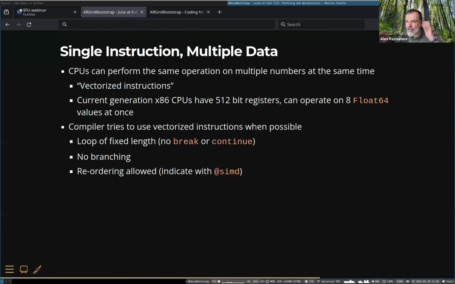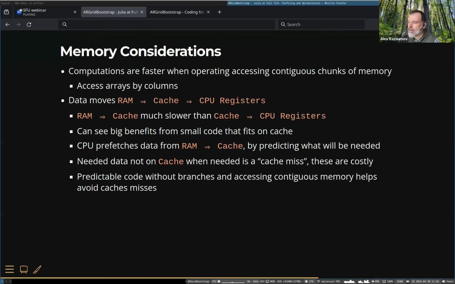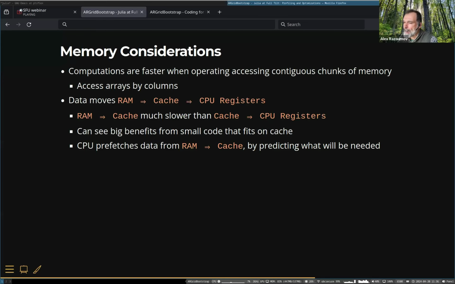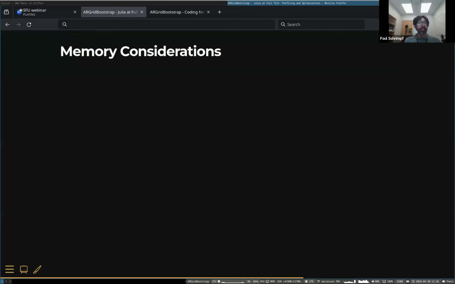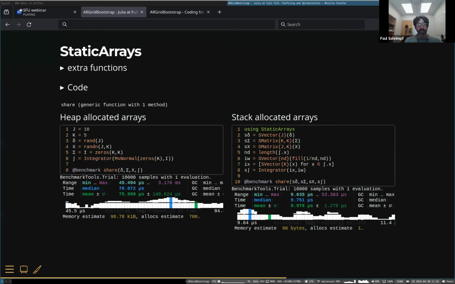I have a question. If you have a heap allocated array defined inside a function, wouldn't it perform fast because it's inside a function, so it should be JIT compiled and everything should be known at compile time? So the size of the array is not necessarily known at compile time. In fact, it just inherently is not,